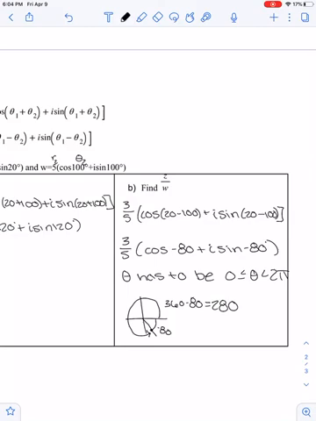So we're going to replace negative 80 with 280. So 3/5 cosine 280 plus i sine 280. And that's it. Let me know if you have any